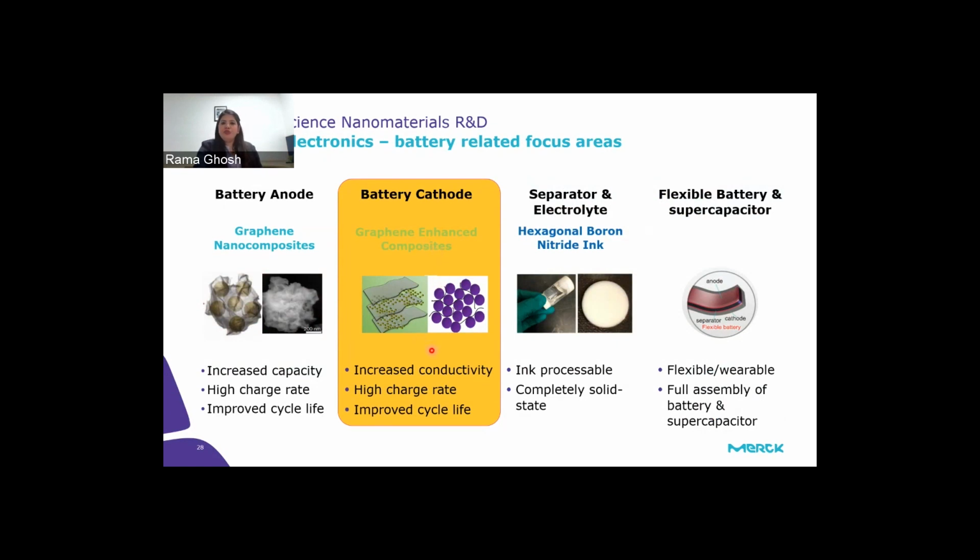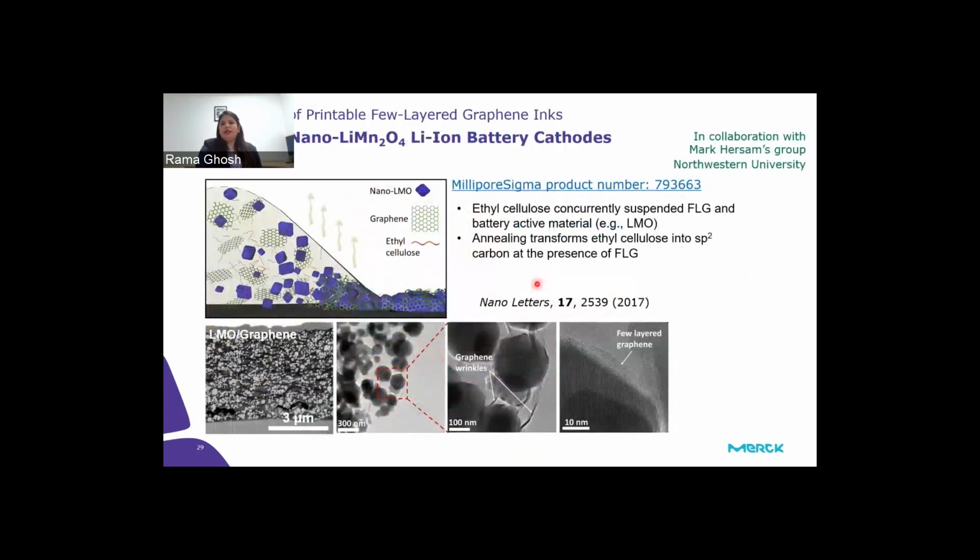We are trying to use graphene enhanced composite, which will help us to increase the conductivity, high charge rate, and improve cycle life. How we make it, I will show. This work is also in collaboration with Professor Mark Hersam from Northwestern University. This is the product number you can see on the website as well, and the publications are already done. Here we use ethyl cellulose concentrated few layer graphene ink with active lithium manganese oxide in nanoform,